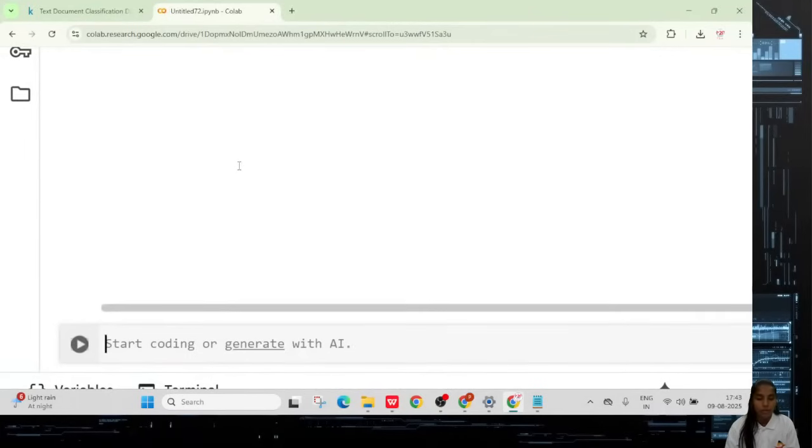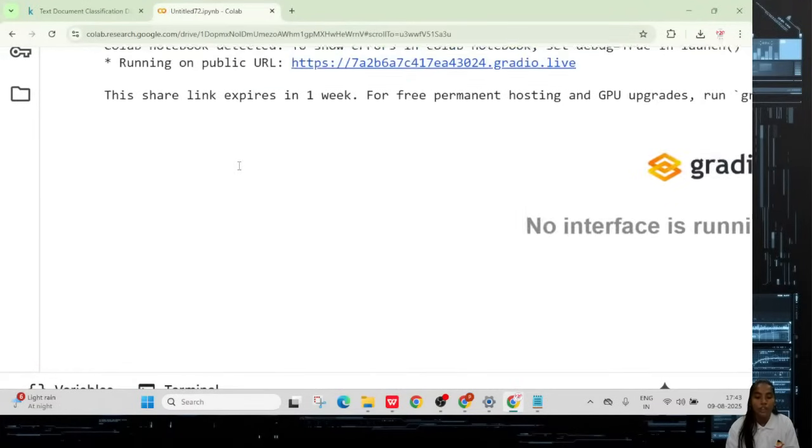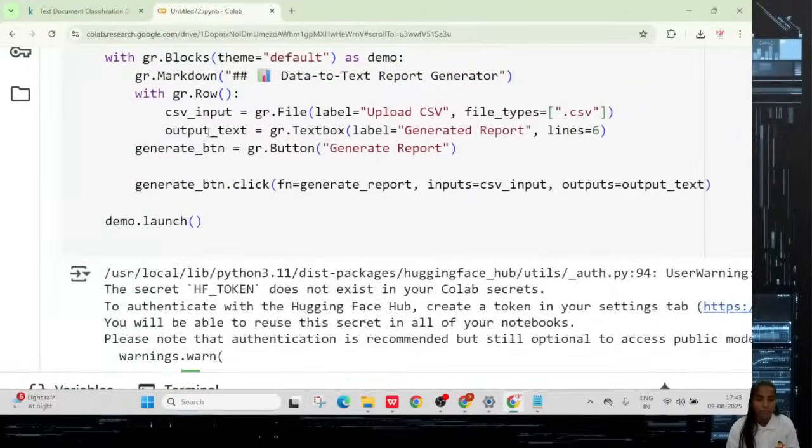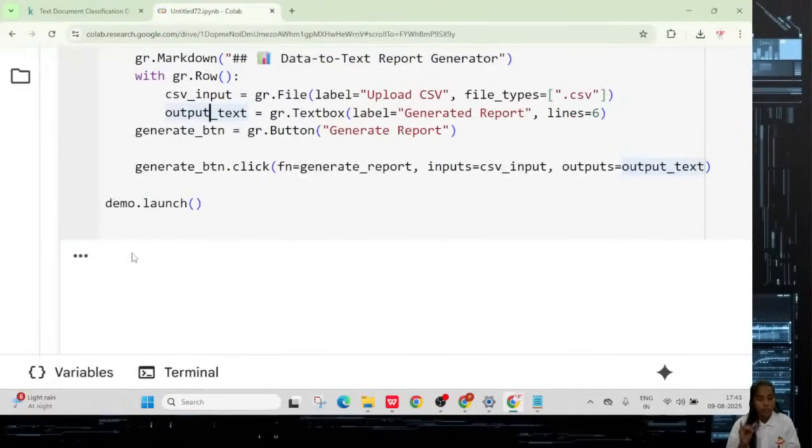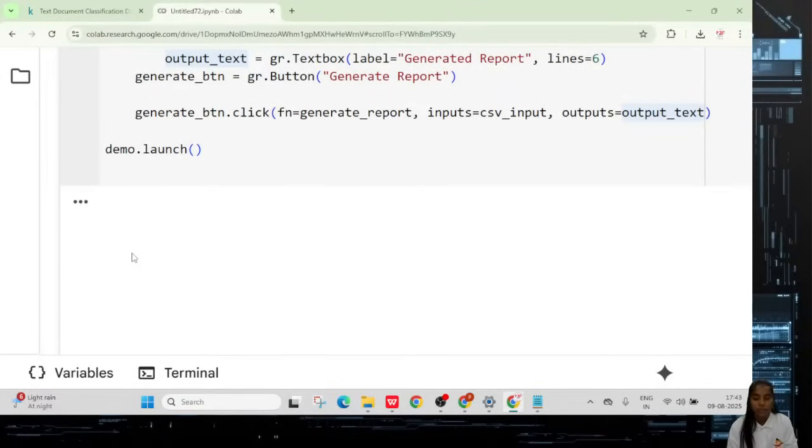So now we can see. I am executing this code. When you execute, first it should do the installation properly, then later it should load the pre-trained models of the LLM along with the type of the prompts. Then it will open our website, the user interface we are building here, so that you can see the output results. We have to wait for the output results, then you can see them properly. So this is the entire process of data to text generator